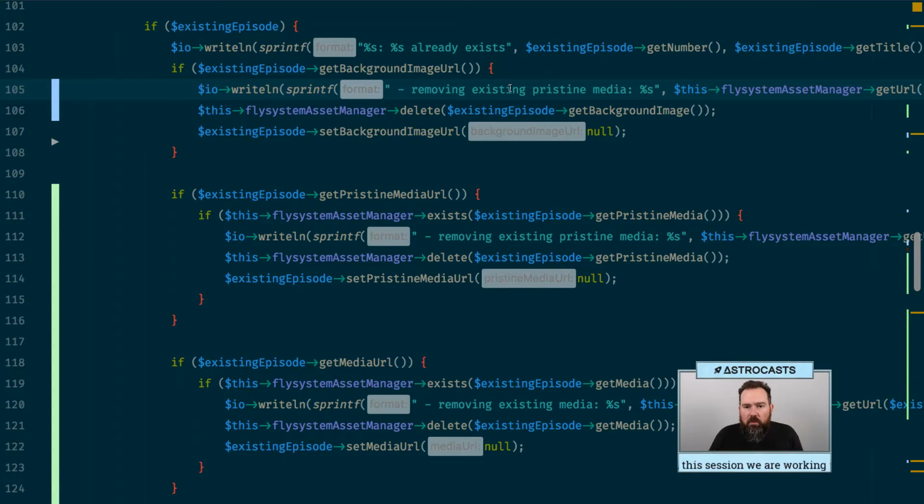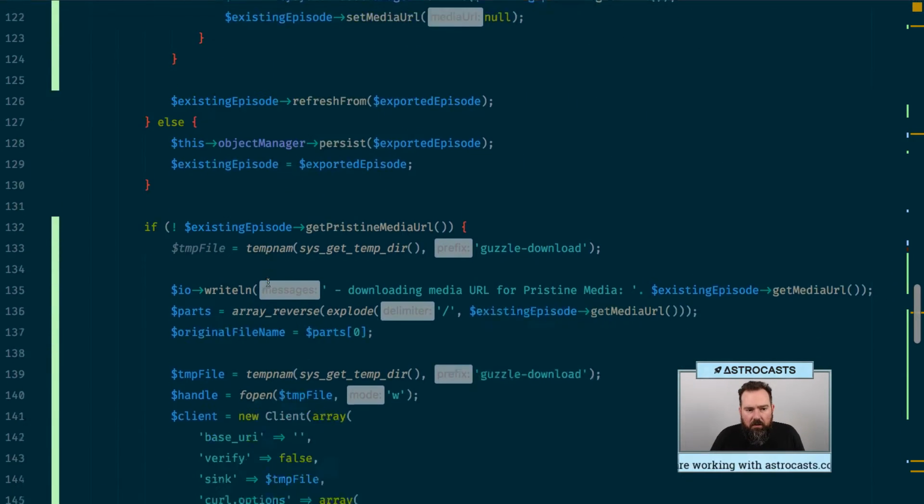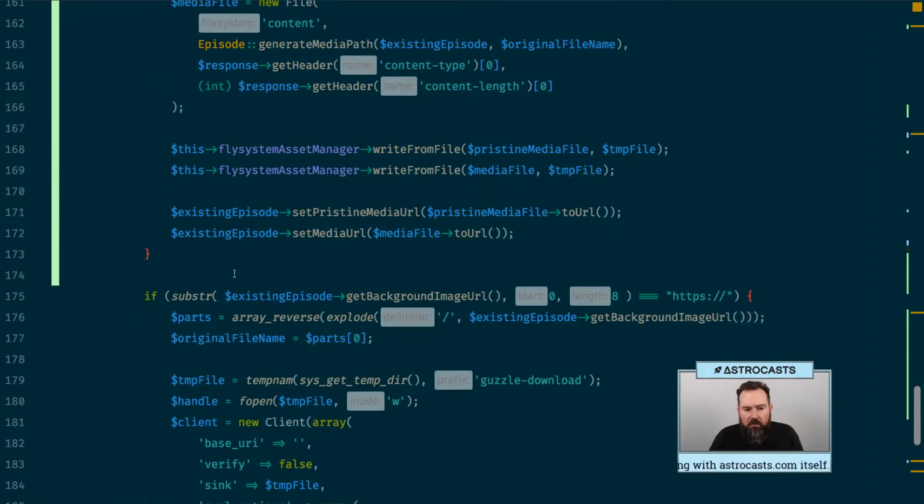All right, so we're going to remove the existing background image. All right, so we're going to refresh from there. So how we handle this part is going to be different as well. So if this exists, actually,